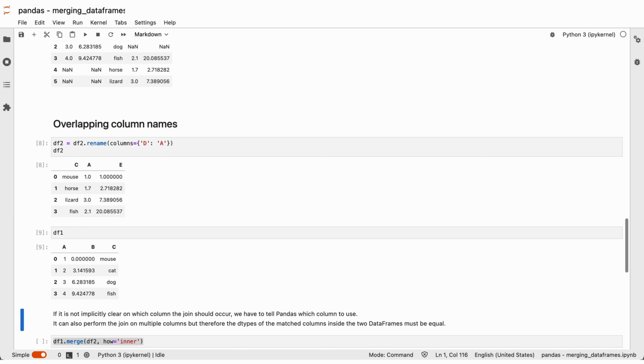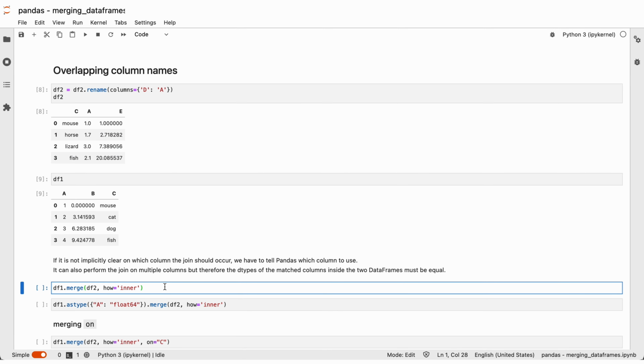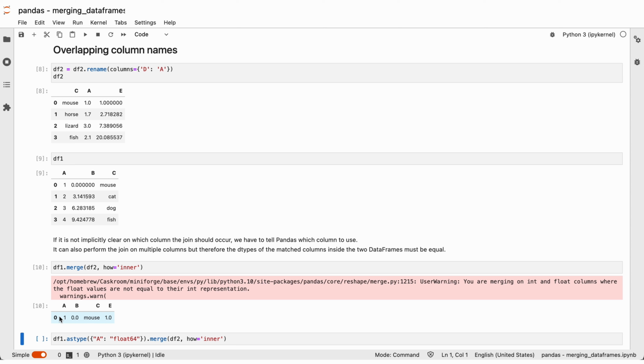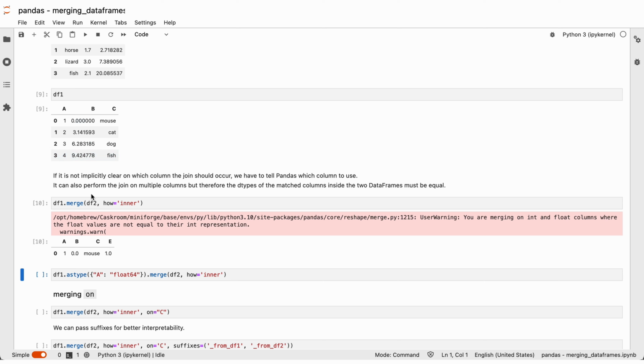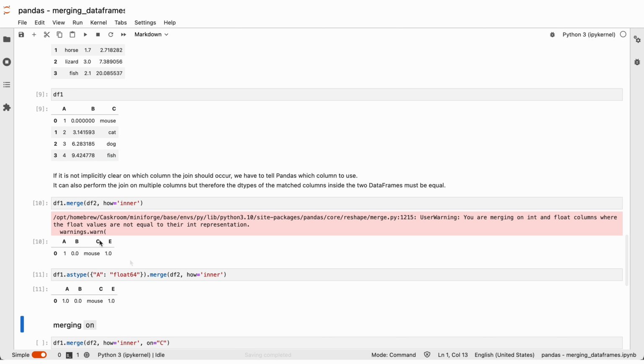Our first data frame had the columns A, B, C, and now we renamed the columns of our second data frame to C, A, E. So now both of the data frames have the C and the A columns. If we simply run the merge like we did before, then we're now only getting the rows where there are common elements in both of the columns, so A and C. So mouse is the common element in the C column, and 1 is the common element in A. Because here we have integers and here we have floats, that can be fixed by converting the A column to a float. If we run that, then we get the same output,